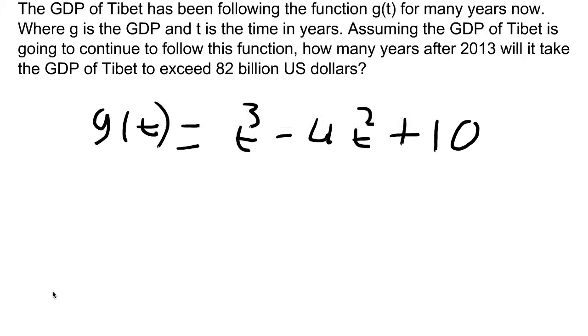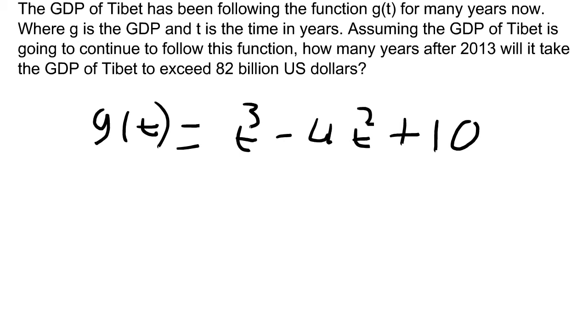Now let's say we're given this application question. The GDP of Tibet has been following the function g of t for many years now, where g is the GDP and t is the time in years. Assuming the GDP of Tibet is going to continue to follow this function, how many years after 2013 will it take the GDP of Tibet to exceed $82 billion US, and g of t is equal to t cubed minus